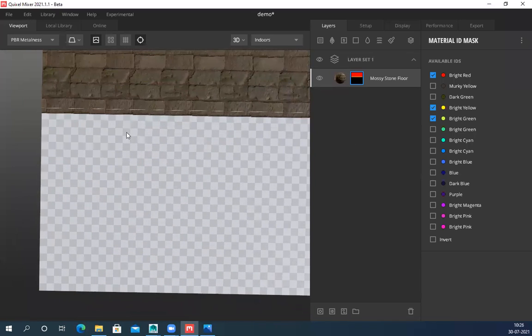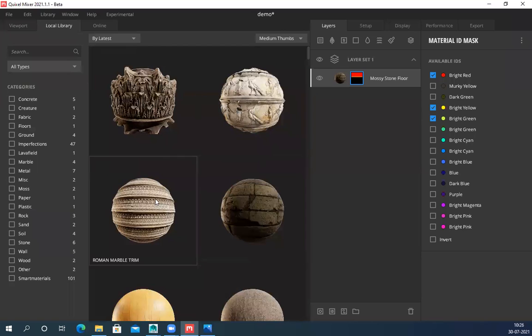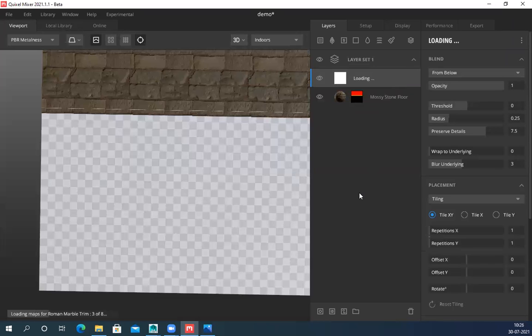But anyways, now we have that side, that arch thing. That arch can have some amount of design, some pattern. So suppose I want to use something like this. I'll just drag, drop it here. Let it load.